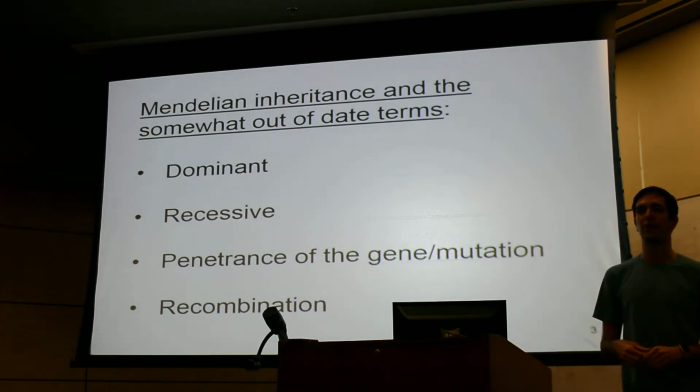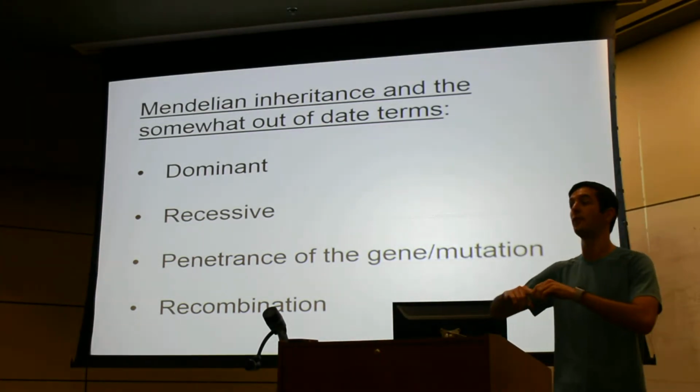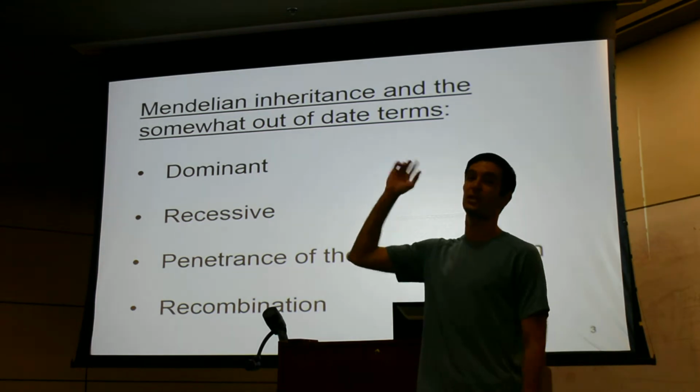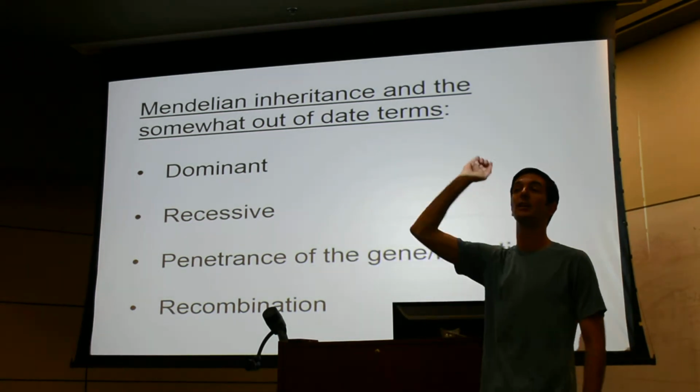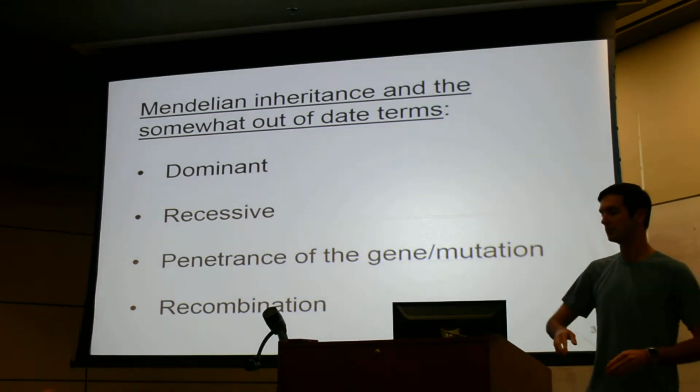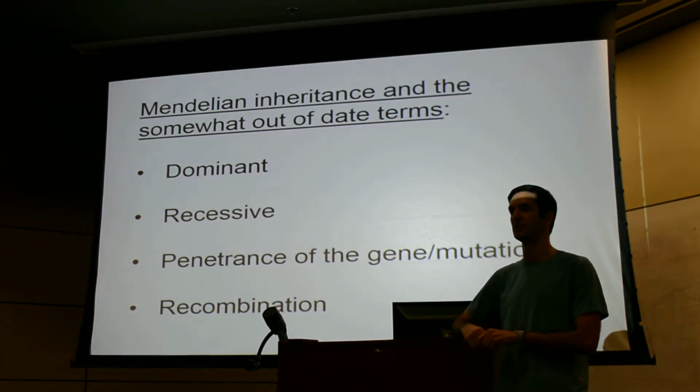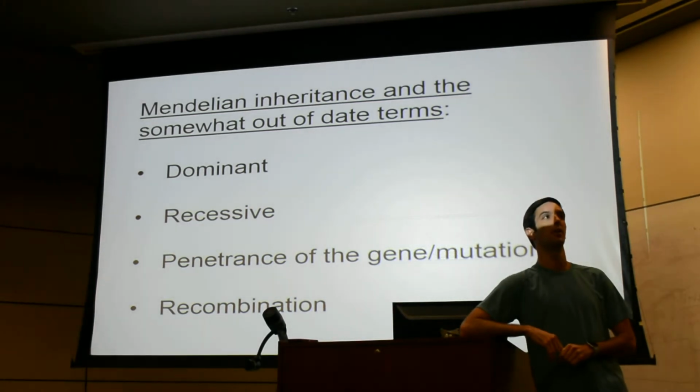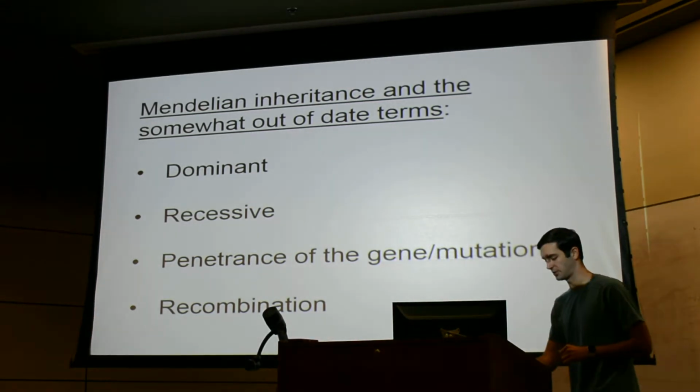So it's kind of weird to think about. On the flip side, you've got something that's recessive, but it could have high penetrance. What's that, you have a question? Is it for a population or for an individual? I believe it's for populations, but I could be wrong, I wrote it down.